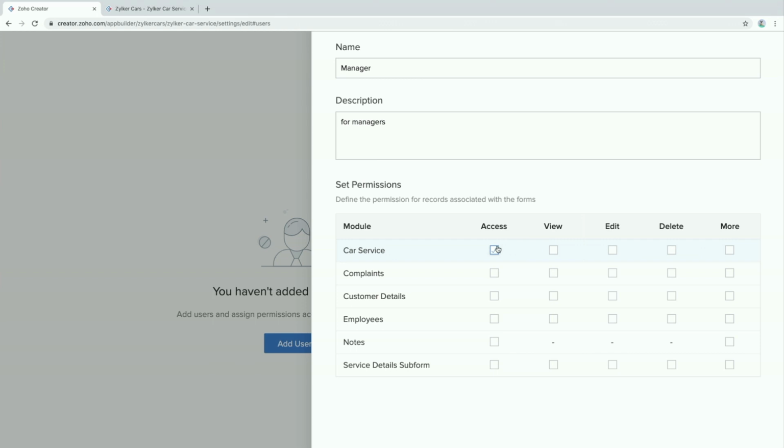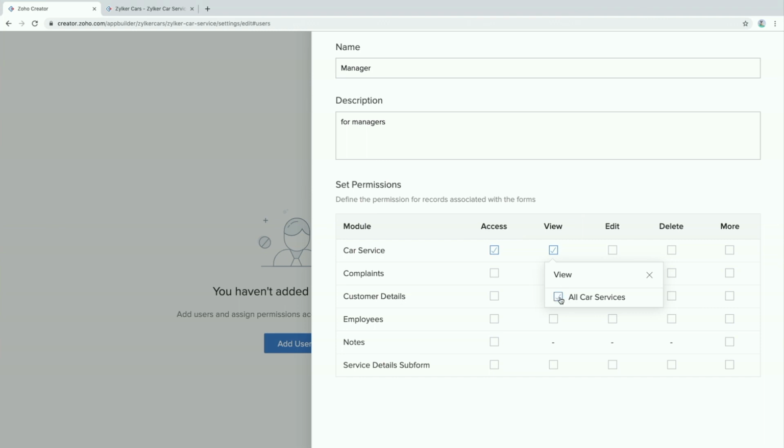Access refers to add permission, and then you have view permission. With view permission, you will be able to view the reports that are created based on that specific form. Right now we only have one report based on the car service form. If needed, you can have multiple reports, and you will have the option to define which report should be accessible to this permission.